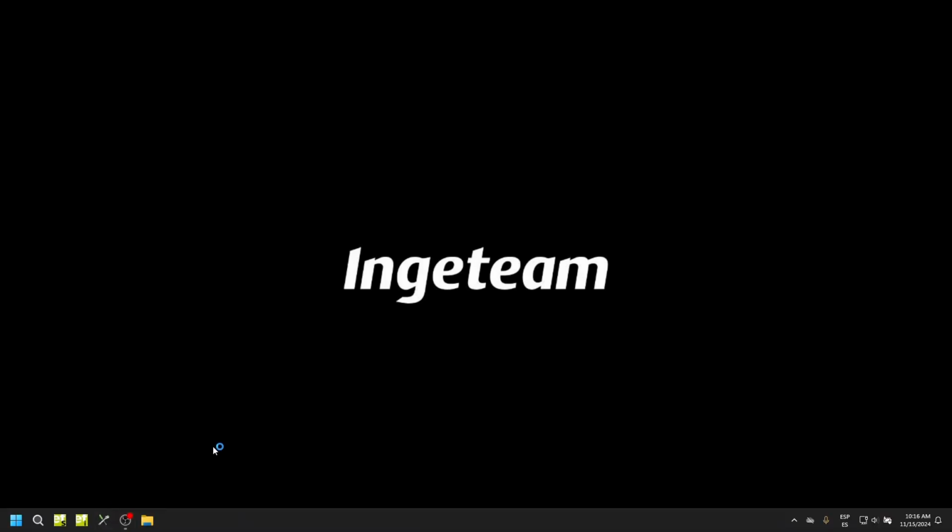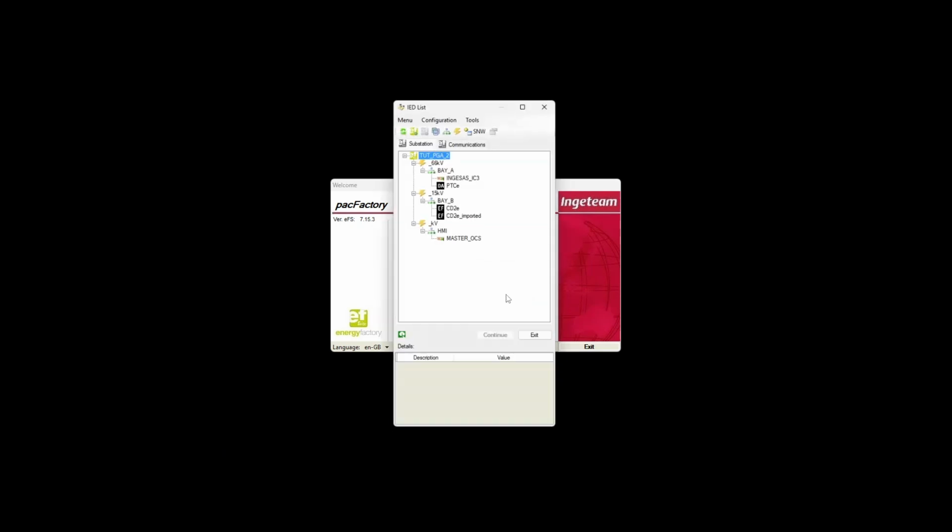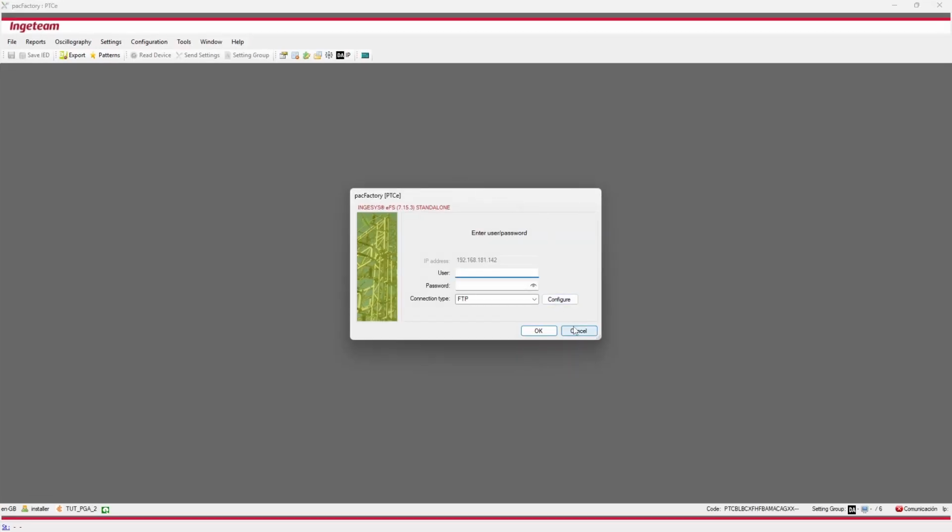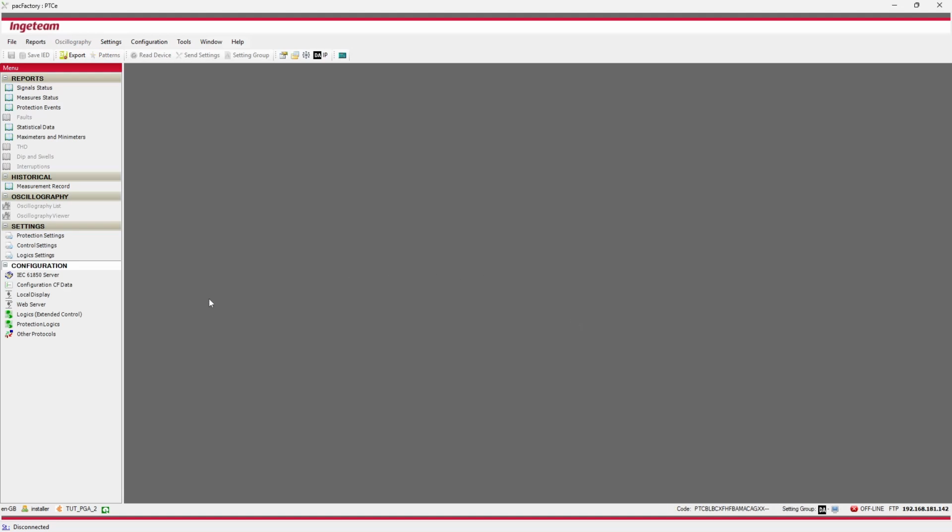The Control Logics Editor can be accessed from 3 of the applications in the EFS tool. The first one, Pack Factory, lets the user design the logics for a specific IED only. To access the editor, we will first need to open the Pack Factory application and select an IED. Once the IED has been loaded, the editor access icon will be located in the column on the left, inside the configuration section just below the web server tag.